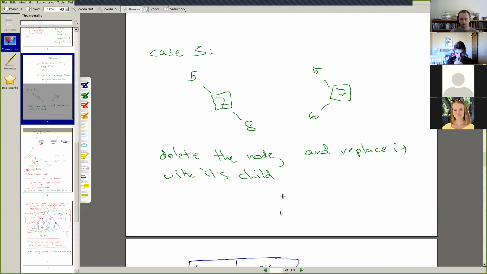But the first thing that is hopefully apparent is that this deleting operation is significantly more complicated than all the other operations. And so this is the last one that you want to implement. If you can't do the other operations correctly, you're not going to be able to do this deleting operation correctly.